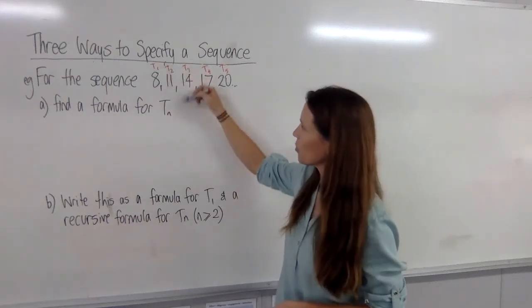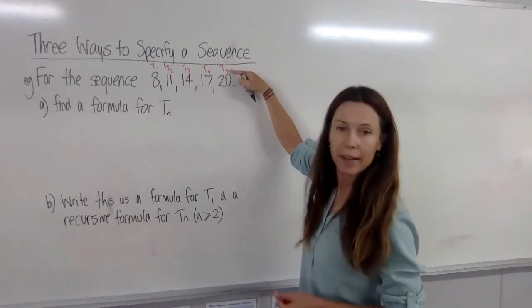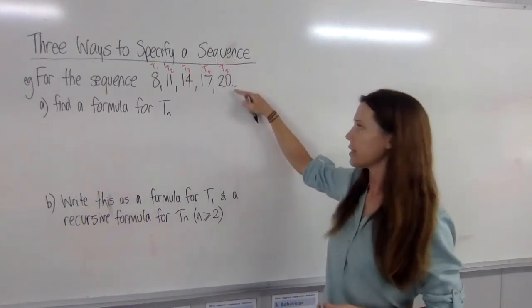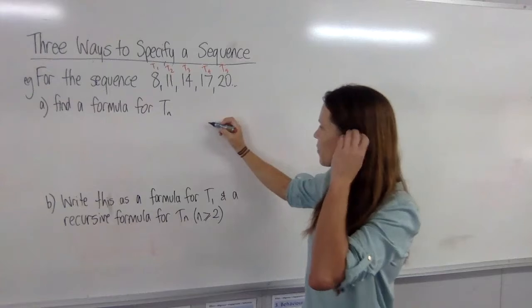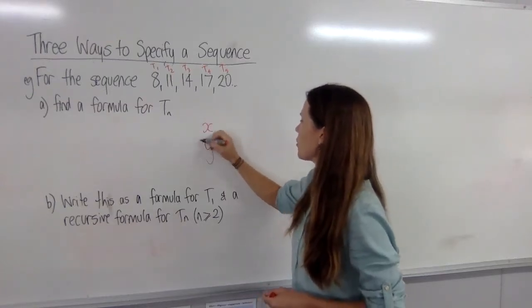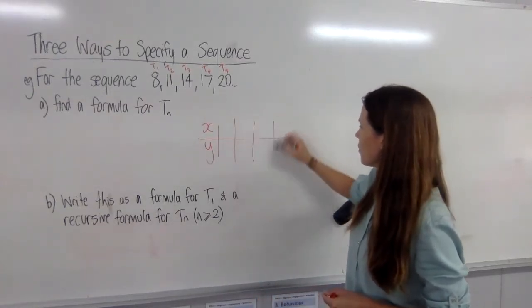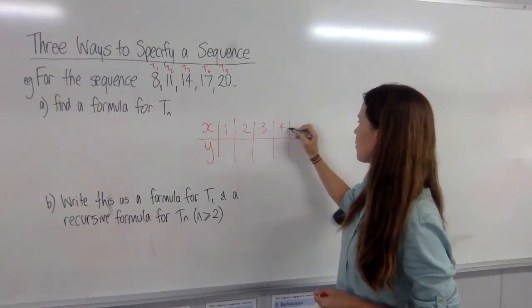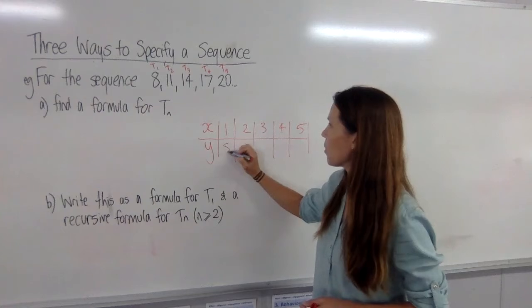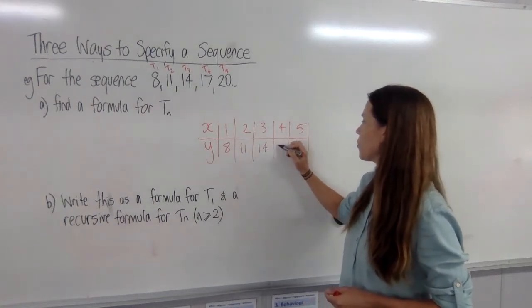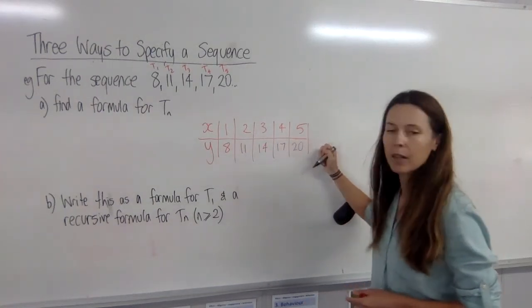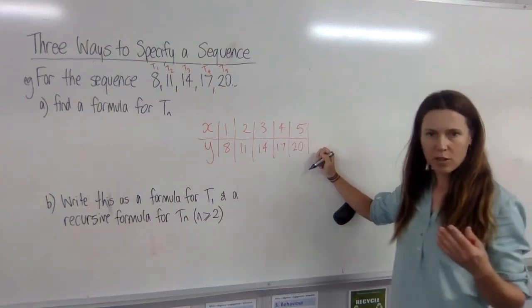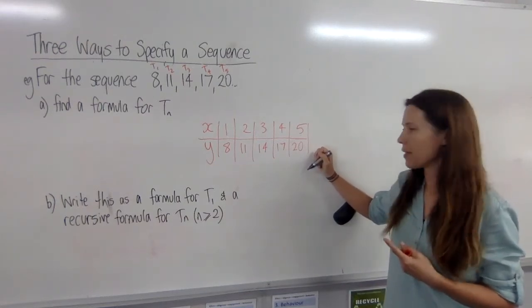Because we need to find a rule to go straight from that little number next to the T down to this one. And just as back in year 8 or 9, you used to look at these patterns more set up like this, where x is 1, 2, 3, 4, or 5, and you might have y being 8, 11, 14, 17, or 20, remember the method that you use to figure out the rule for one of these linear